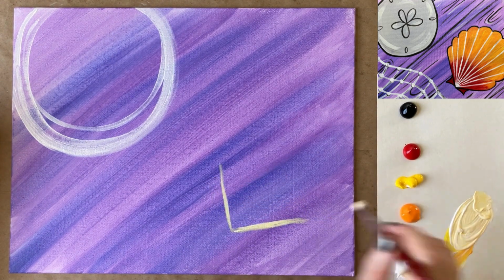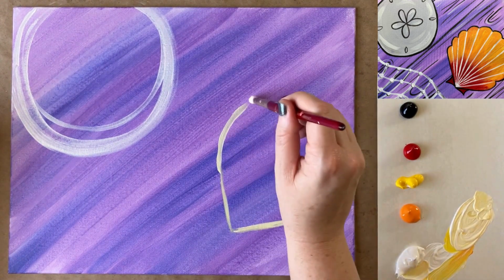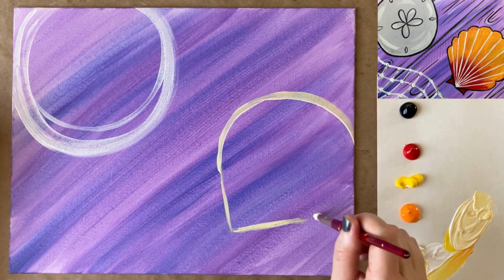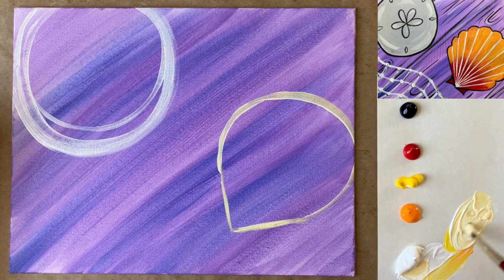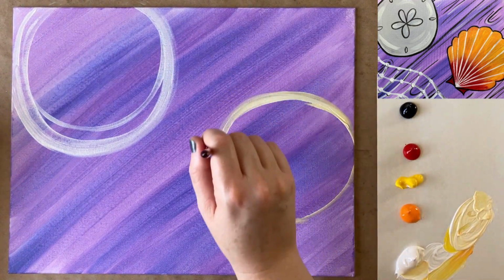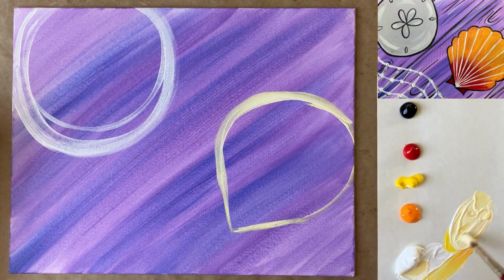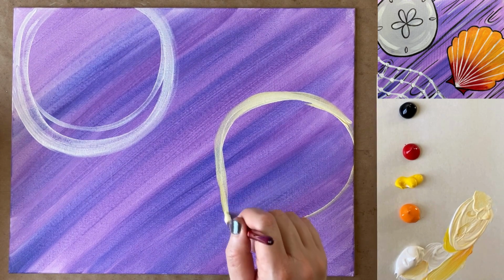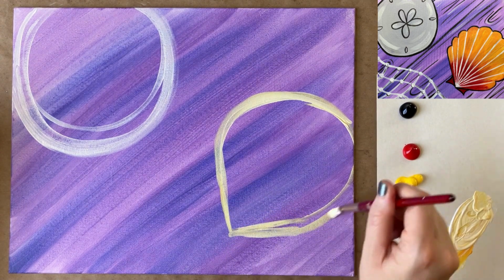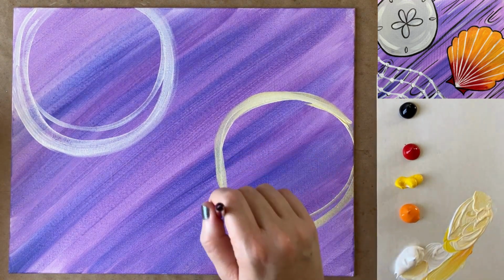I want to leave enough room in between my shapes. And then I'm going to take it into a circular oval with a triangle on one side. And I'm also starting small, knowing that I can bring things out a little bit further if I need to. Okay, and